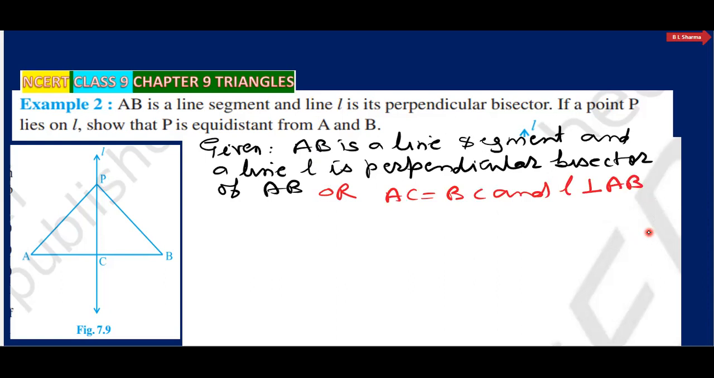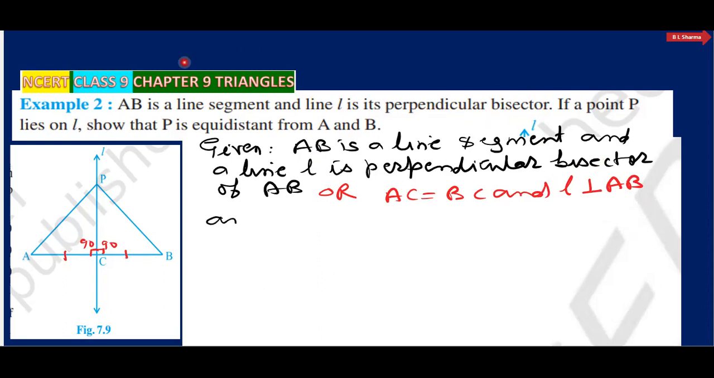ये जो एंगल है देखिए यहाँ पे AC और BC इक्वल है, और ये जो एंगल है ये 90 और ये भी 90 है। यहाँ पे दो words are perpendicular and bisector. Perpendicular means making 90 degree. Bisector means passing through the midpoint. And now we have to prove